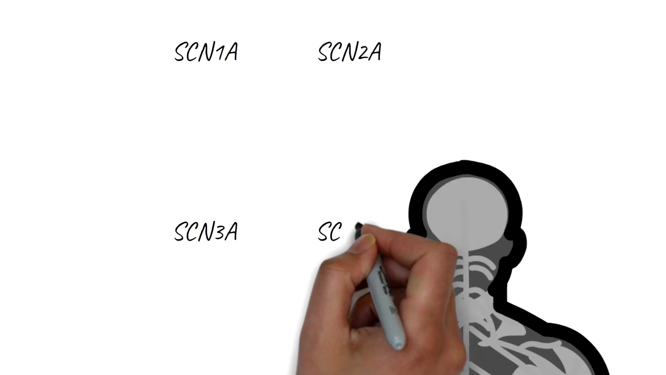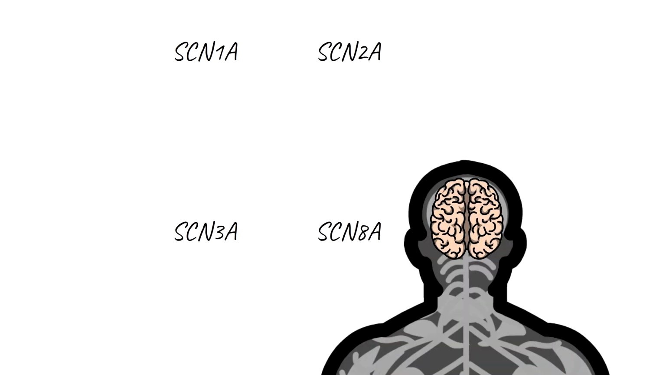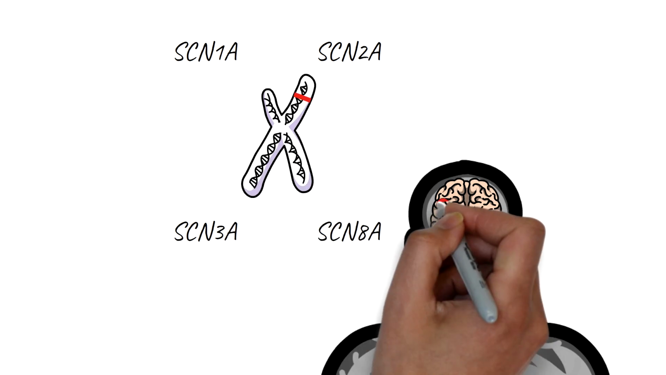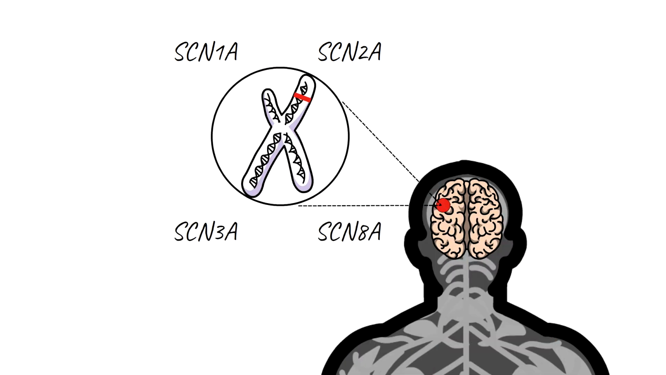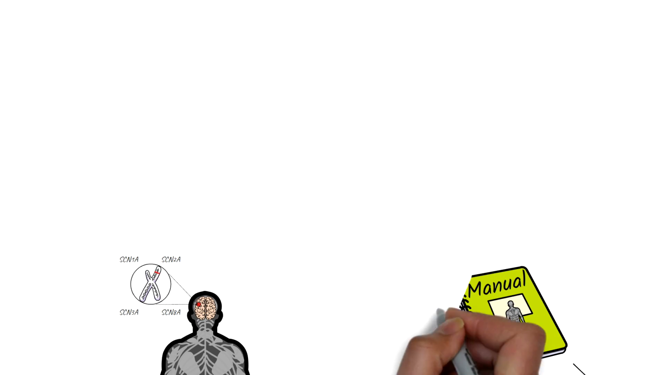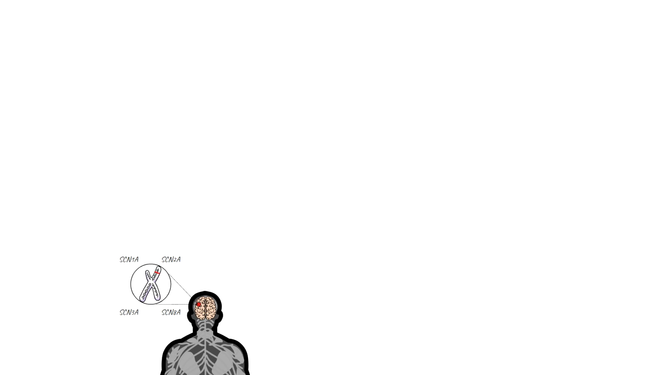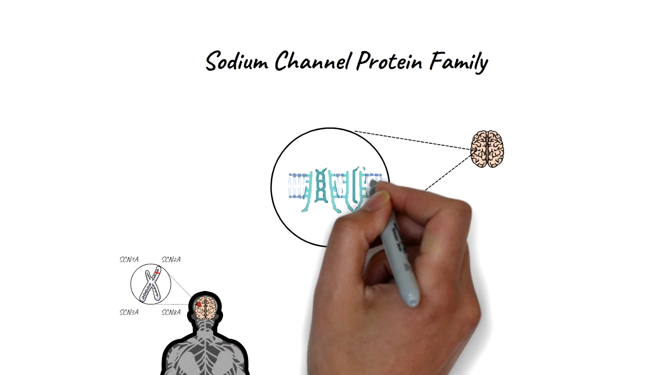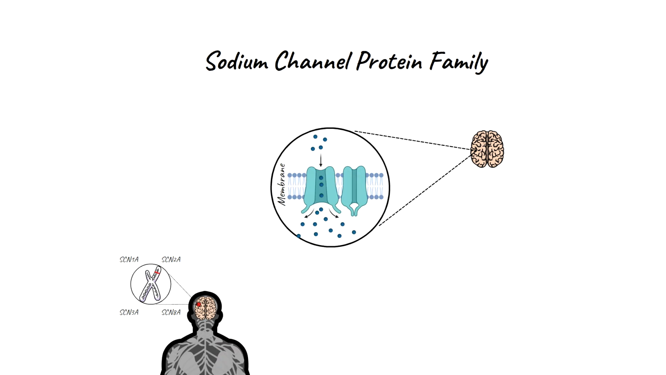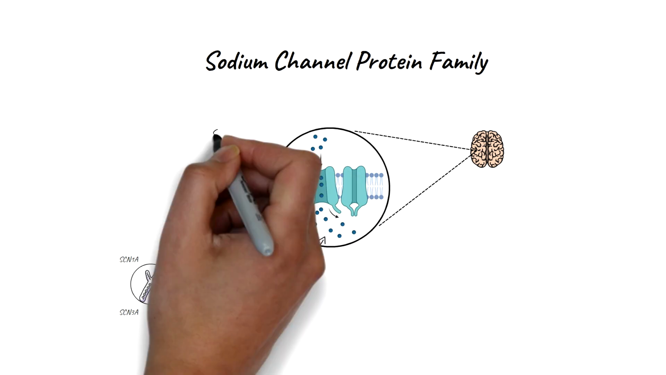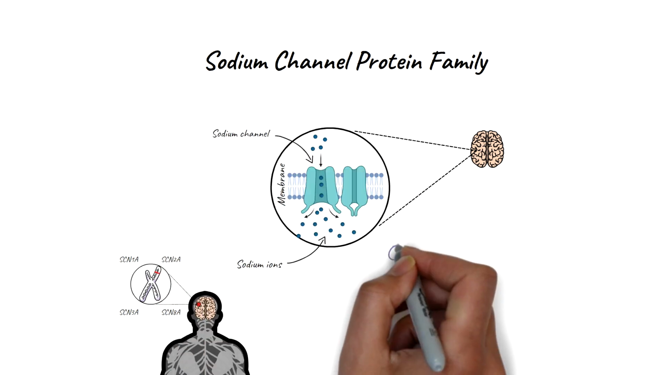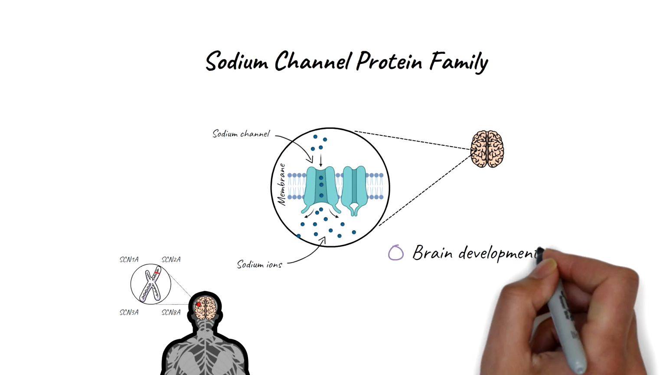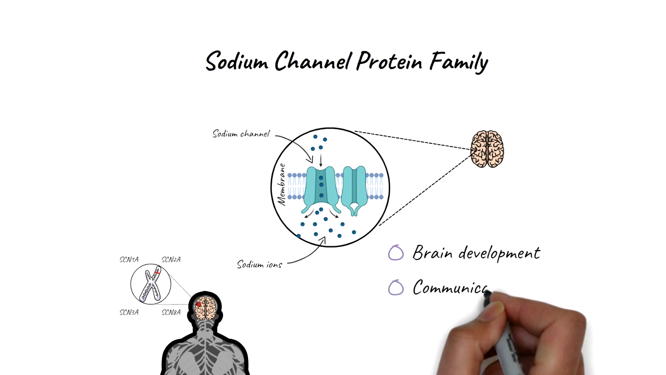The SCN1A, SCN2A, SCN3A, and SCN8A genes are expressed and function predominantly in brain cells. The proteins produced by the SCN genes belong to the sodium channel protein family and are membrane proteins, which means that they are at the border of cells, particularly neurons, which are cells in the brain. Specifically, scientists have determined that SCN gene membrane proteins are essential in the development of the brain and for the